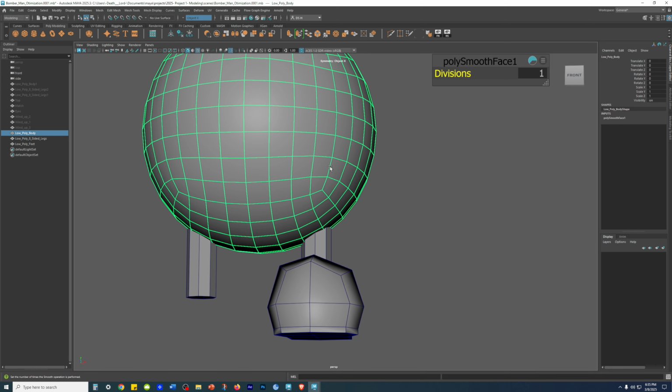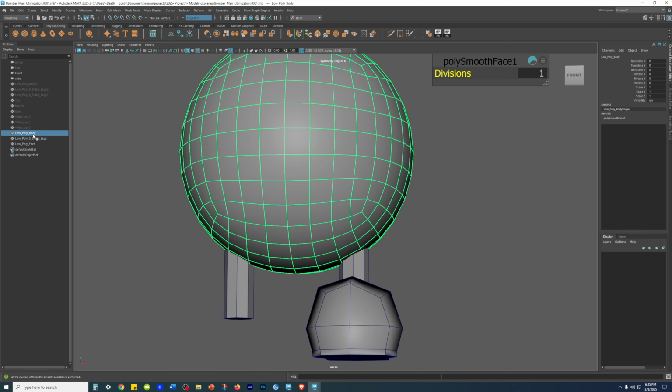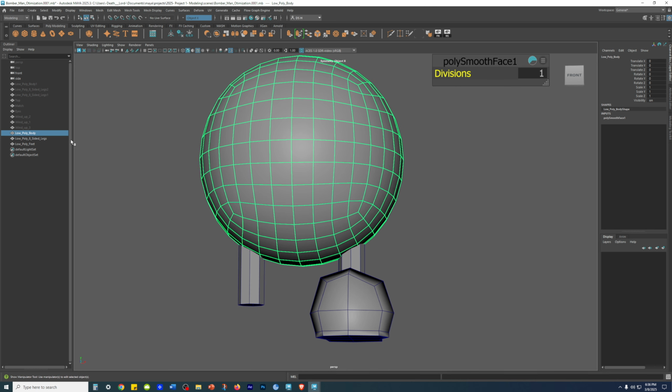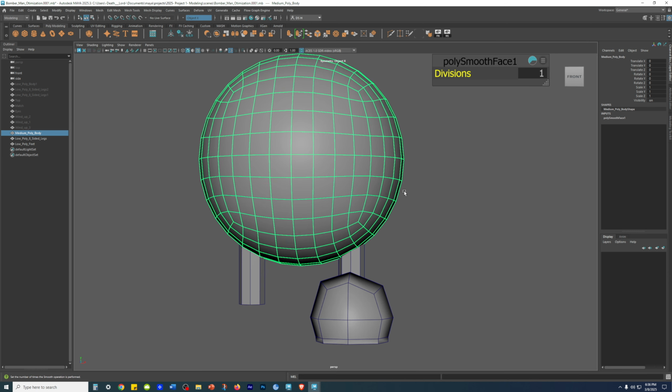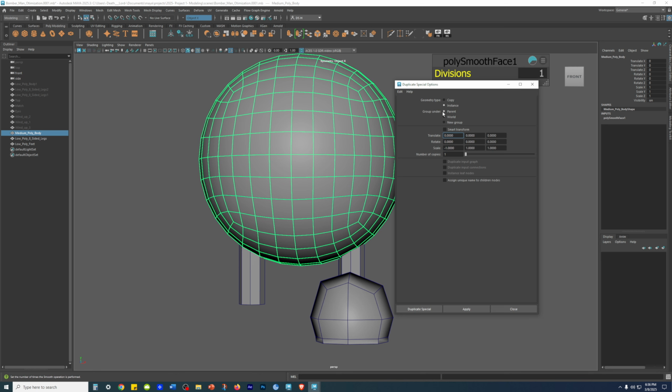Alright. This here, I'm going to make a copy of the low poly body. Right. I'm gonna name this medium poly body now, right? And then I'm gonna make a copy of this, which is I'm gonna do edit, duplicate special, option box. I'm gonna set it to copy. Edit, reset. Set to copy, duplicate, input graph,